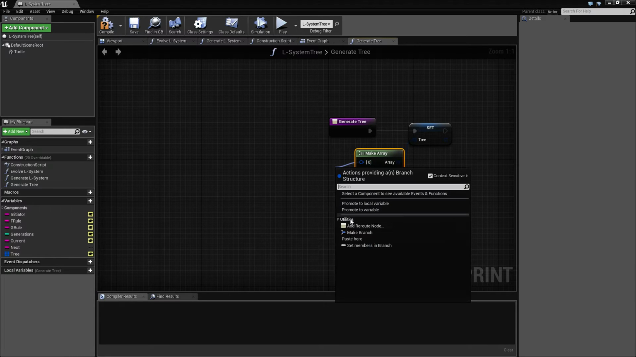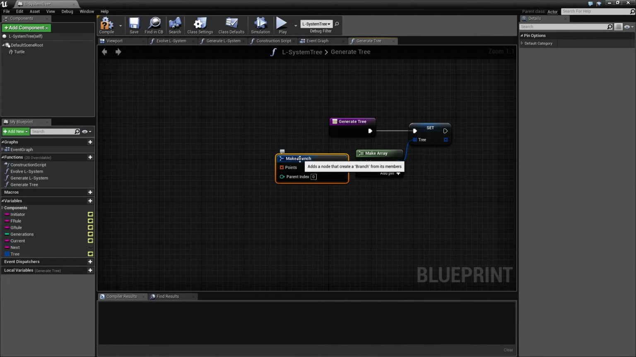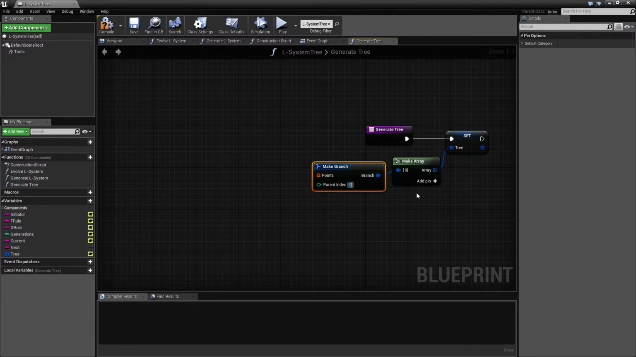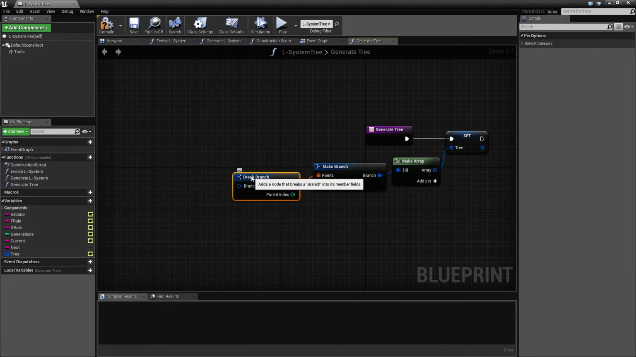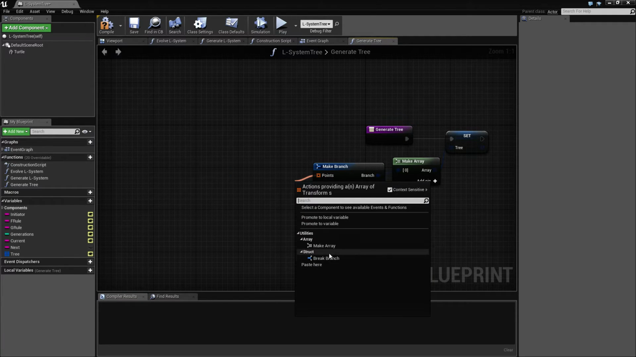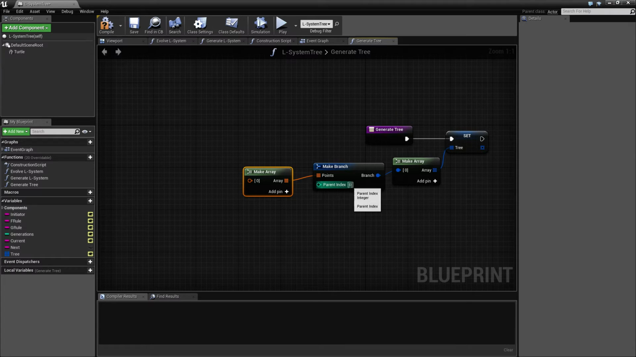So we're going to make a new branch. And inside this, we're going to set the parent index for the first one to be -1, since we don't want it to point to anything meaningful. And we're going to add one default point here. Actually, what we can do here is to create everything like this. Make array. That's what we want. And we want to add